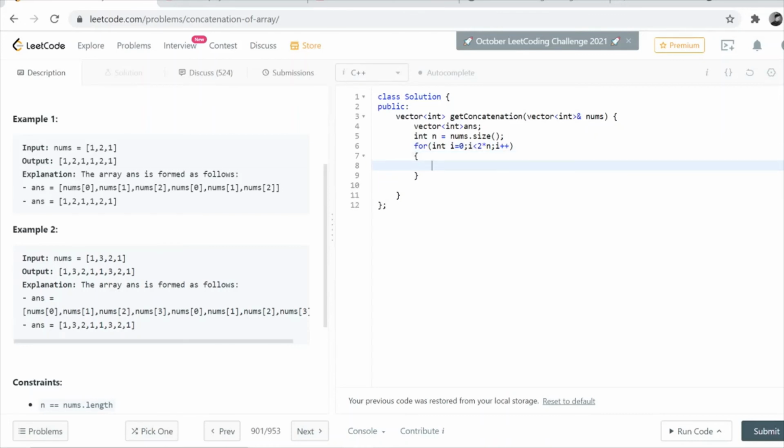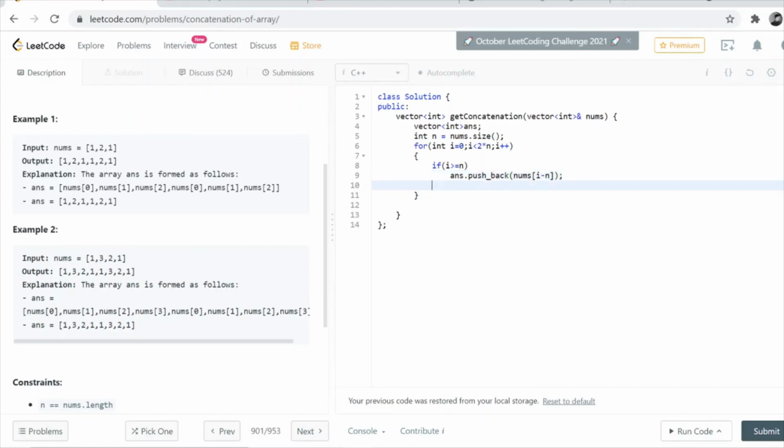Now we will put in our condition, that is if i is greater than or equal to n, we will simply push_back nums[i - n], as we have seen.